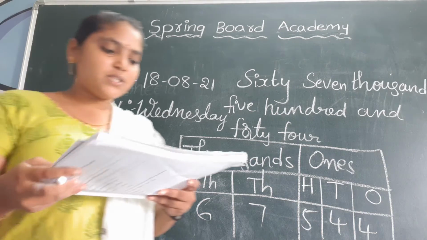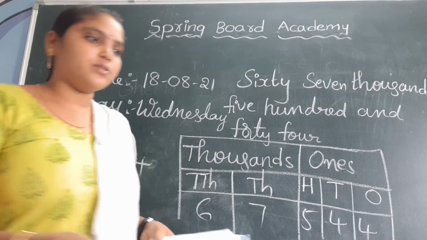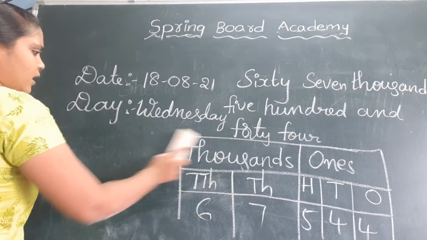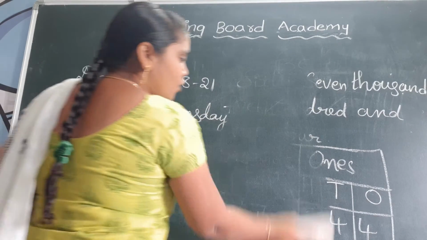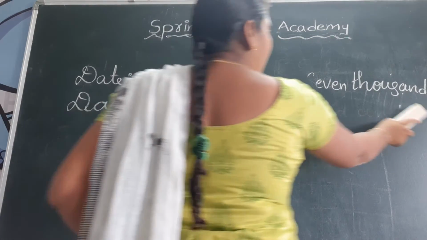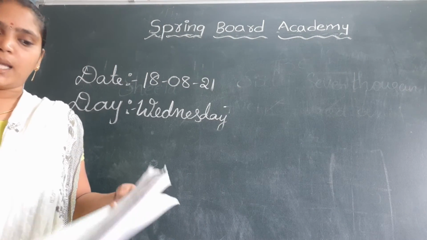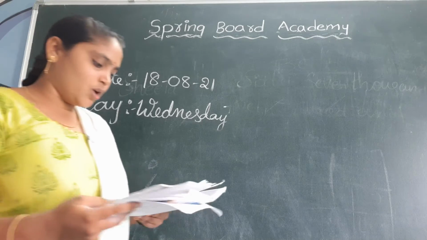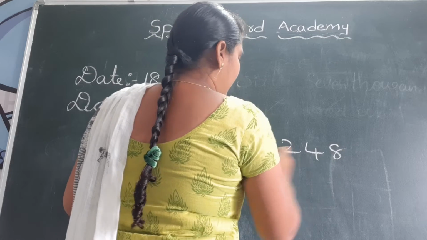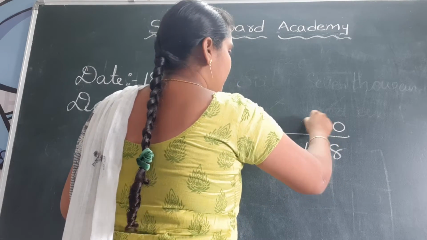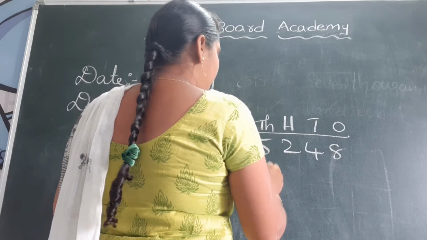Next, the face value of a digit and its place help us to find its dash. Okay, so tell me, children, what does face value mean? Face value means the value of the digit itself. And what does place value mean? Place value always depends on its place. So here I wrote one number, children. It's ones place, tens place, hundreds place, thousands place and 10,000s place.